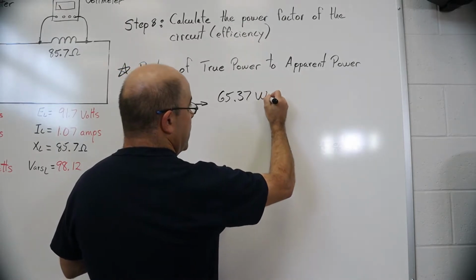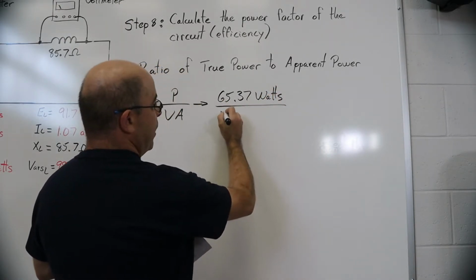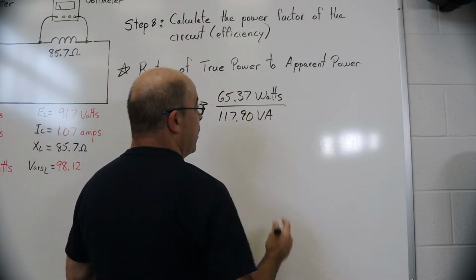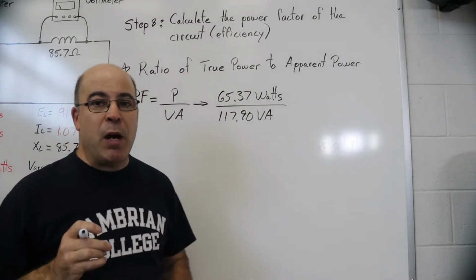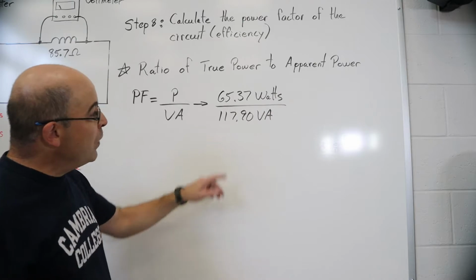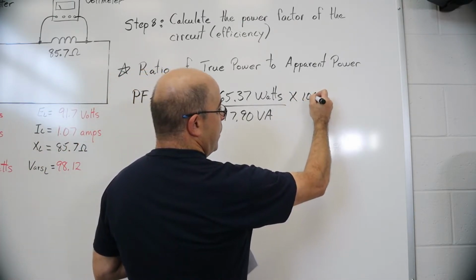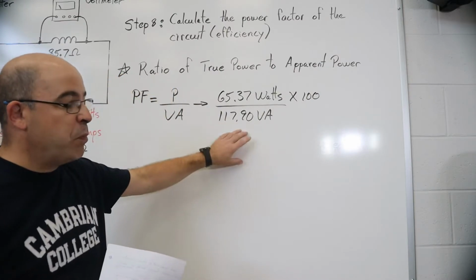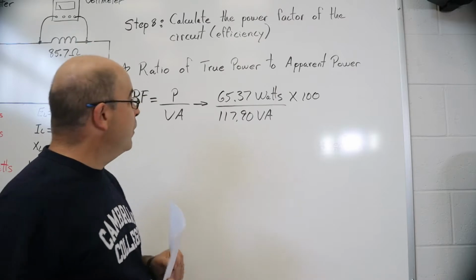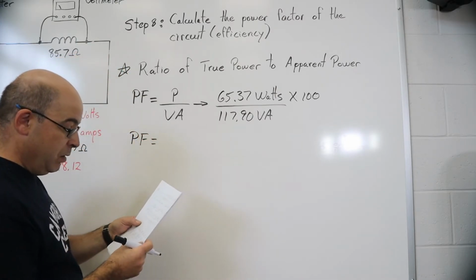65.37 watts divided by 117.90 VA. It bears noting that power factor is expressed as a percentage, so we're going to have to multiply this by 100 in order to express it as a percentage. Putting these values into a calculator, the value you should be getting will be